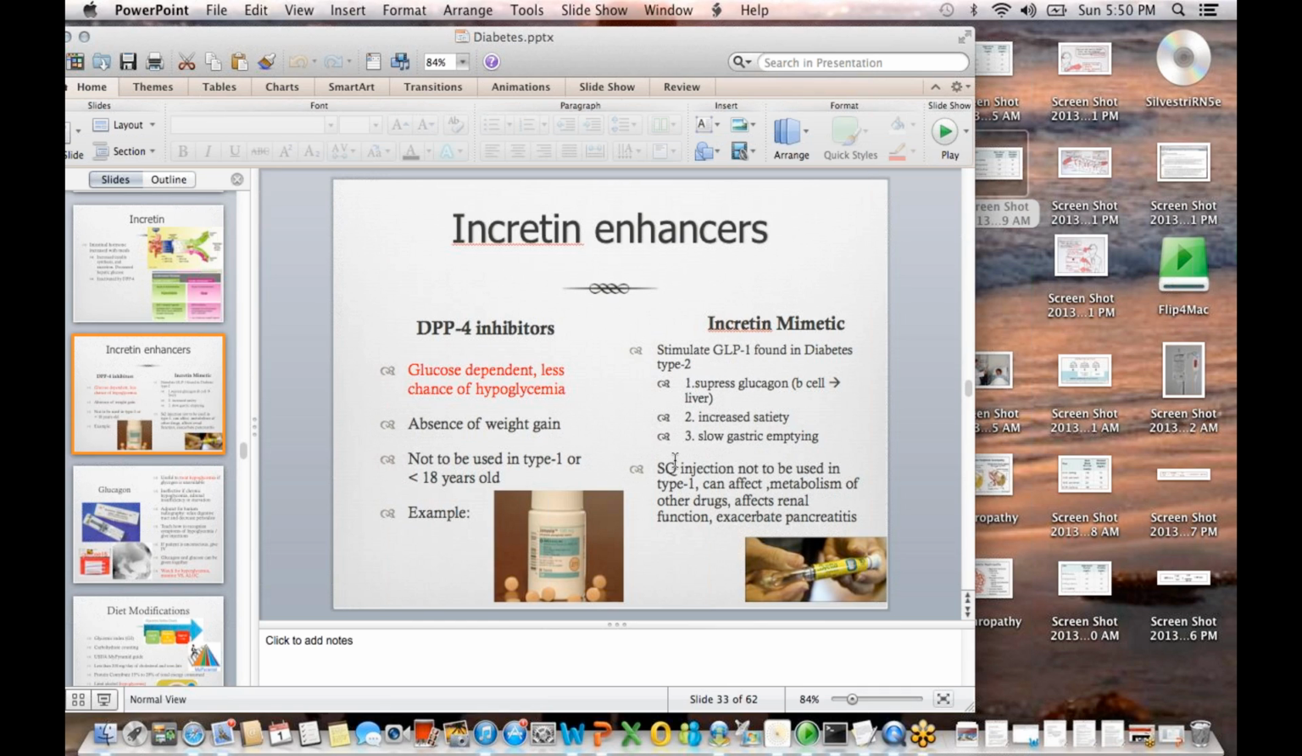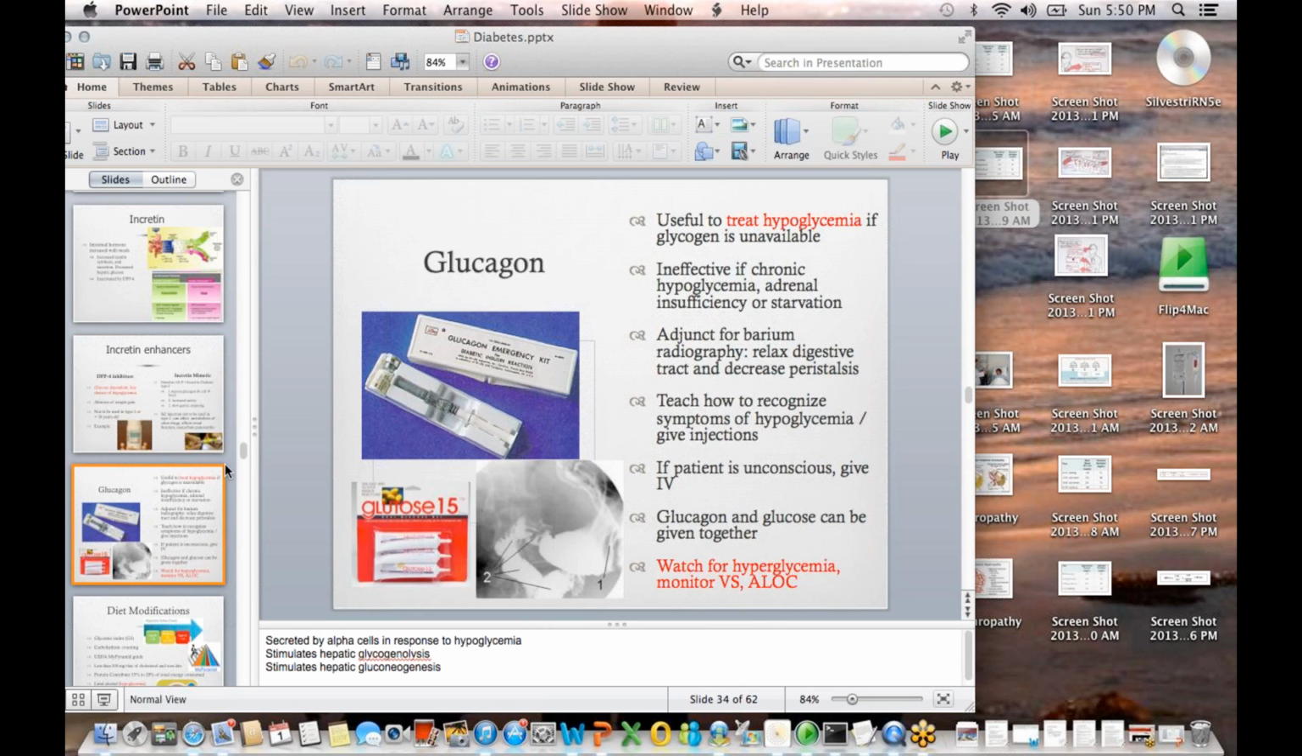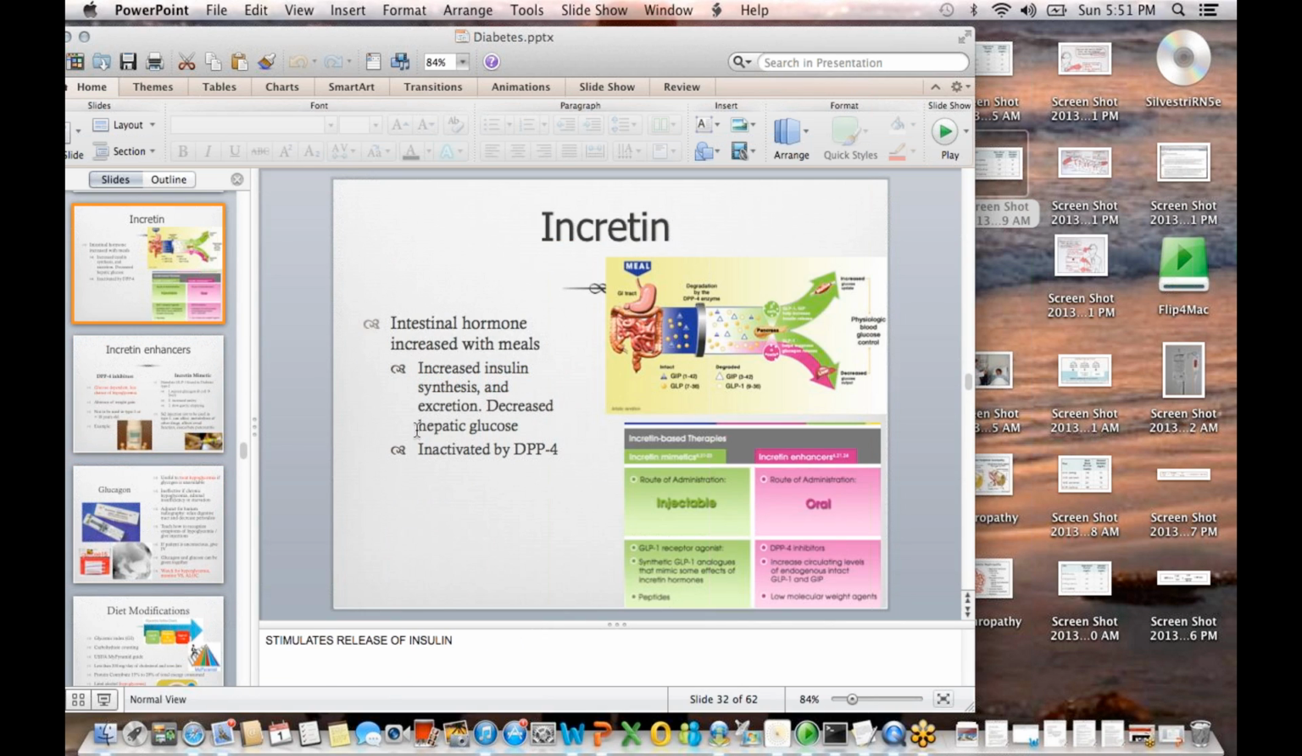These are, I think, newer therapies. They're actually sub-Q injections, but they're not used in type 1. Does that make sense? So it helps suppress glucagon, increases satiety, and slows gastric emptying for type 2 diabetics. Another important medication for diabetes is glucagon, which doesn't lower the blood sugar. It actually treats